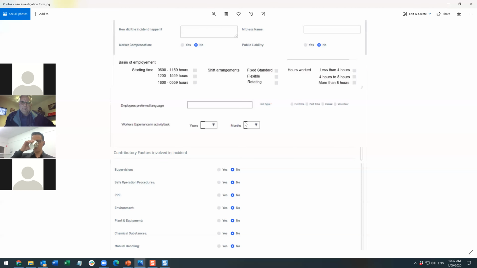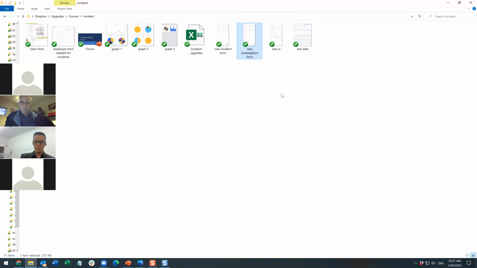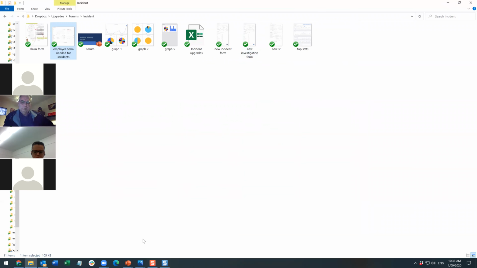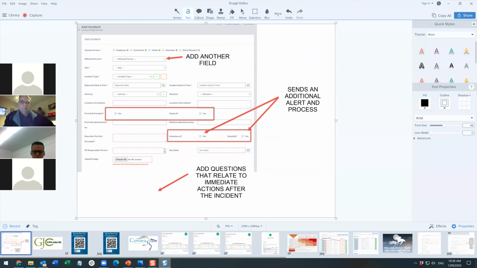So this is already in the system. I was going to be adding to the employee page, which literally has nationality and language spoken, as well as the address and all that kind of stuff. By using the address, the suburb, the nationality and spoken language, what that can do is enhance that investigation process,